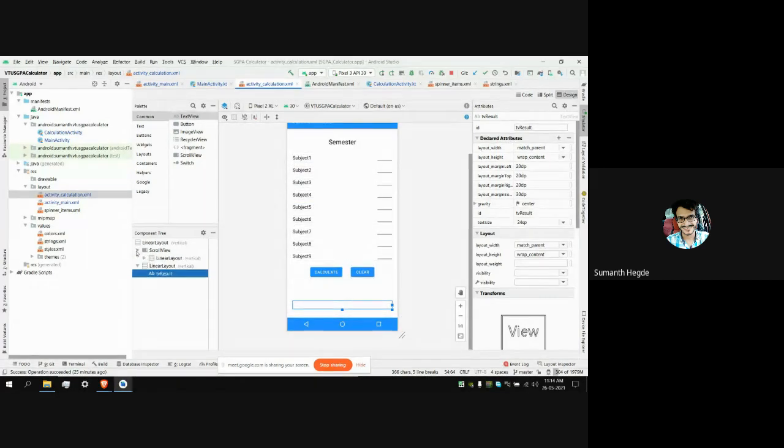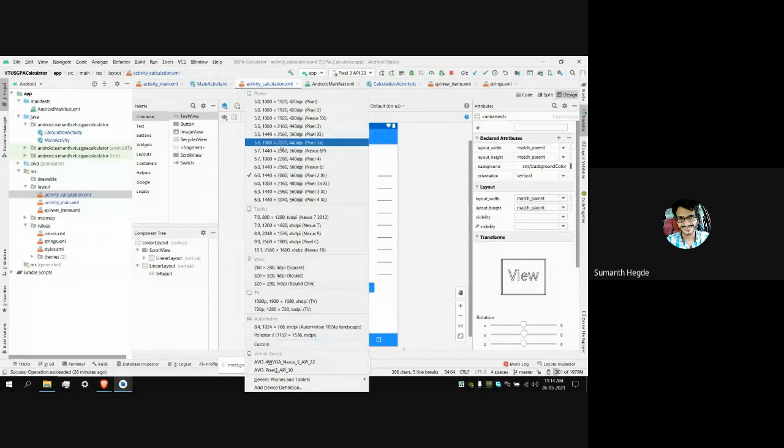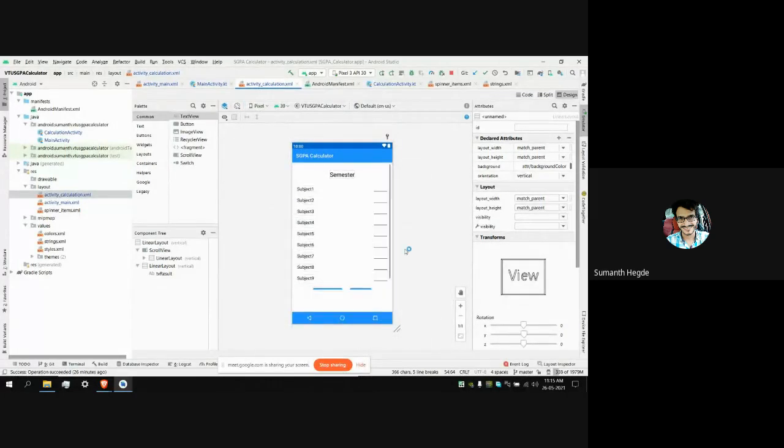The reason why I'm using a scroll view here is, as you can see, it looks fine on this particular device. If there is something like a 6-inch or 6.5-inch device, it will look fine, so the user can see the whole content at a time. But if the user has a device with a different resolution, then as you can see, they are not able to see the whole content at a time. So they should scroll and see the remaining content. That's why we should use a scroll view here.